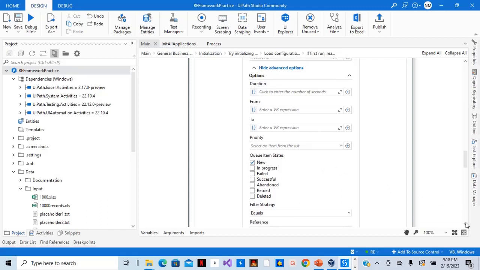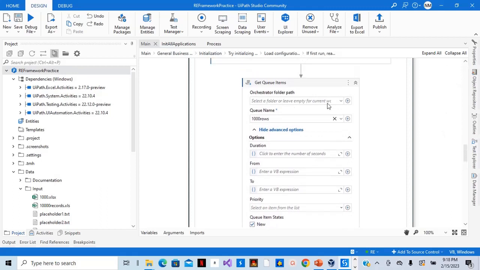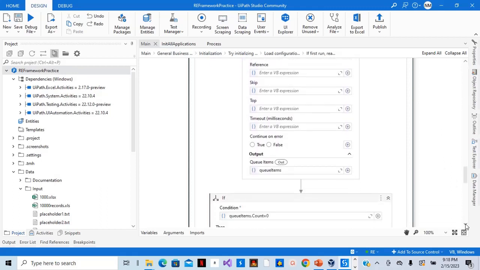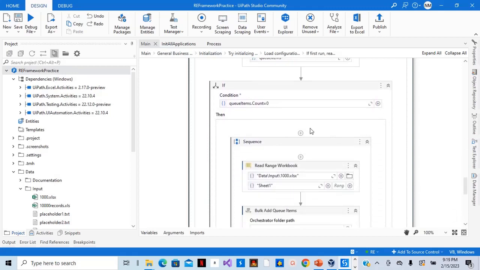When the second bot sees that there are already items available in the queue, it wouldn't add a second time. So the first time the first bot runs, it will check the items count is equal to 0, because initially there's